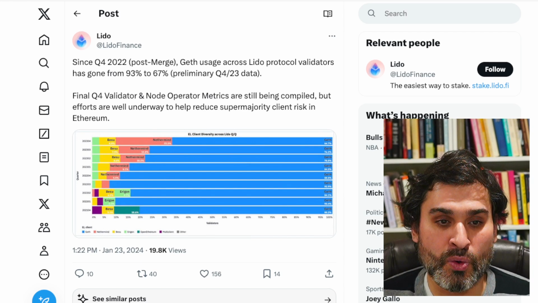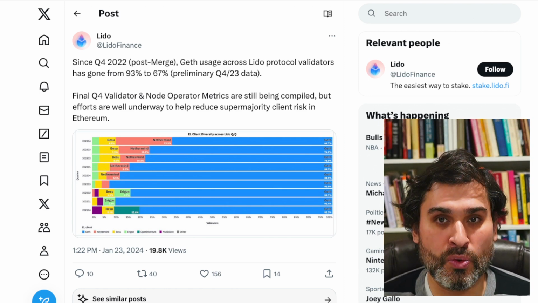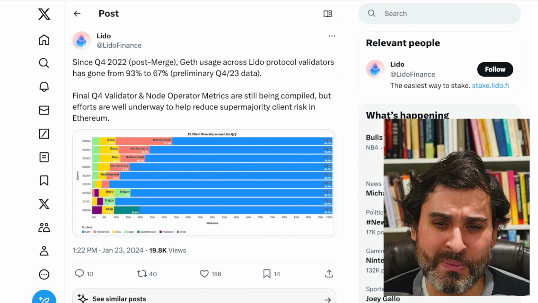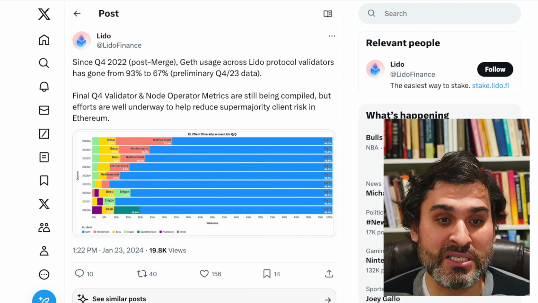So over the last couple of days, there's been a lot of criticism about Lido, saying that they've hardly moved in terms of their execution client diversity in a while. I think Jasper shared some numbers that said it only changed by 4% in the last year or something like that. I know I'm probably making a mistake with those numbers somewhere, but then today Lido released this information saying